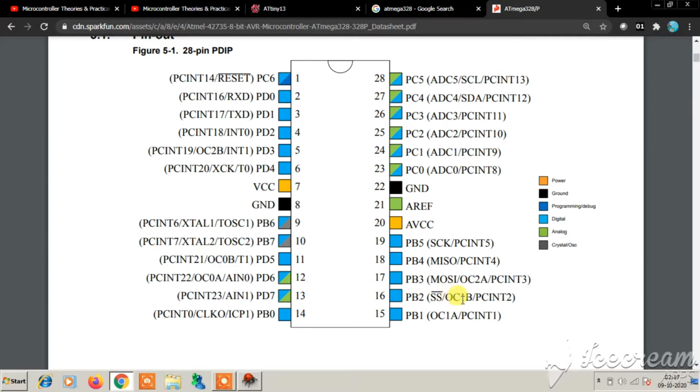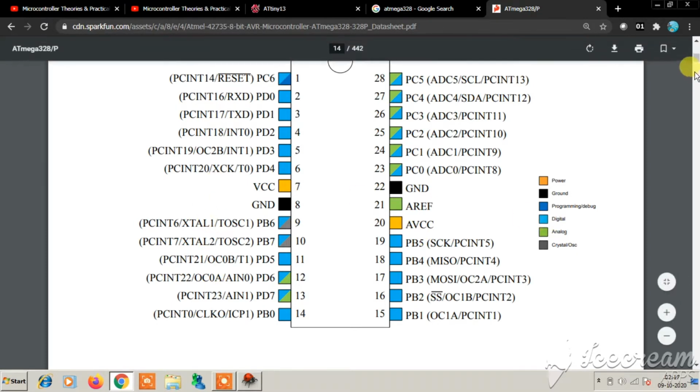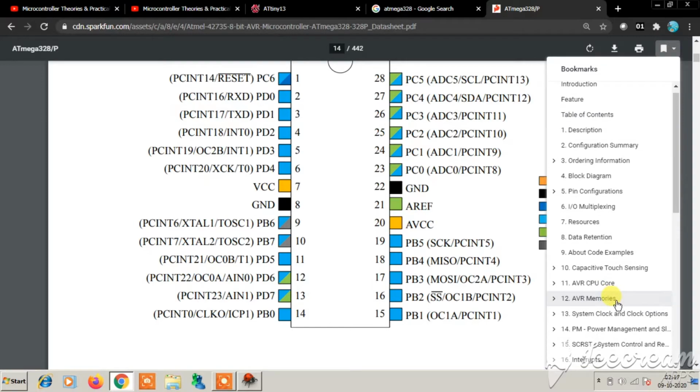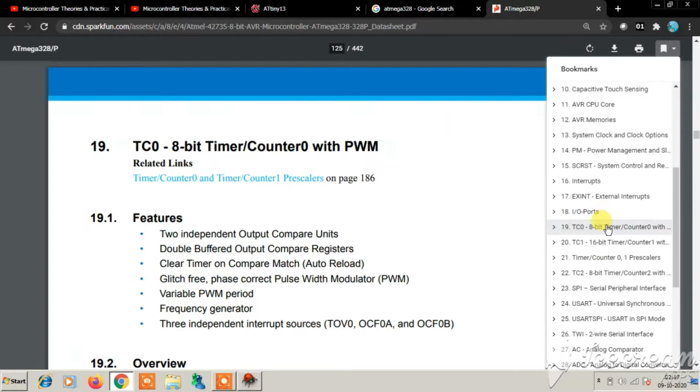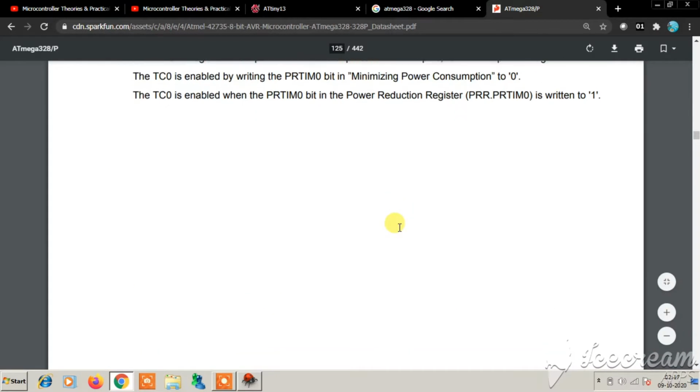You can probably guess that each timer has 2 PWM channels associated. Timer 1 has 2 PWM channels, timer 2 has 2 PWM channels and timer 0 has 2 PWM channels. We will only be using 4 of them today. Since we are not using timer 1, we will only be using the timer 0 and timer 2 PWM channels. Therefore we will only be dealing with 4 PWM channels. Now you can directly move on to timer 0 with PWM.